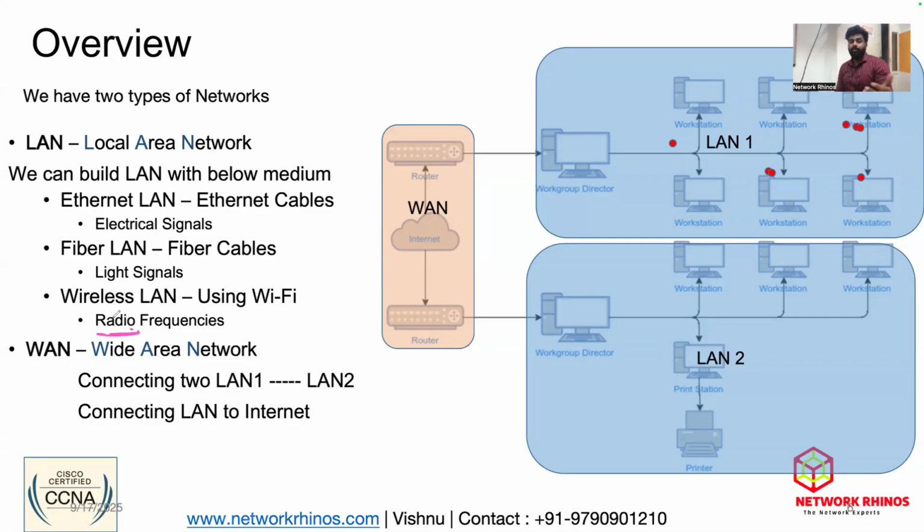Then we got WAN. WAN expands to wide area network. As of today, if anybody asks you, what do you mean by WAN? Just tell them it is internet, nothing else. Internet is termed as WAN as of today, nothing else. Okay. So why do we need internet? Internet is needed only when you have two devices which are very far and they want to communicate. Internet is not required when two devices are closer.